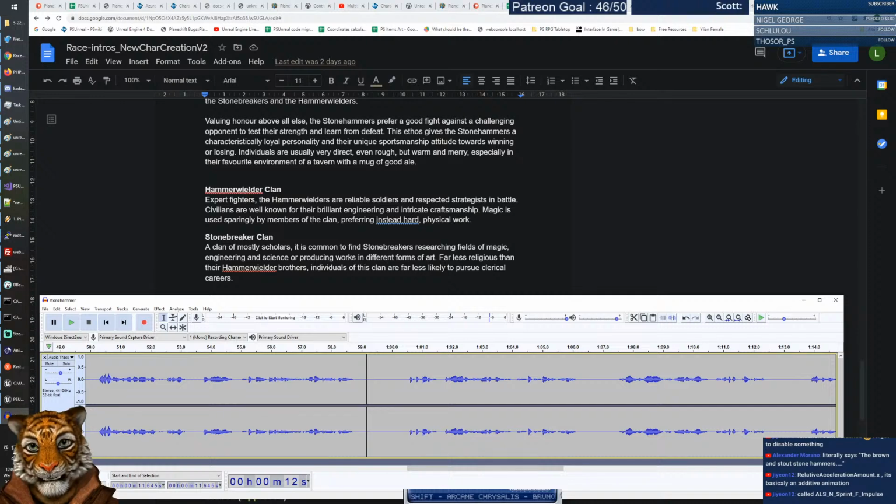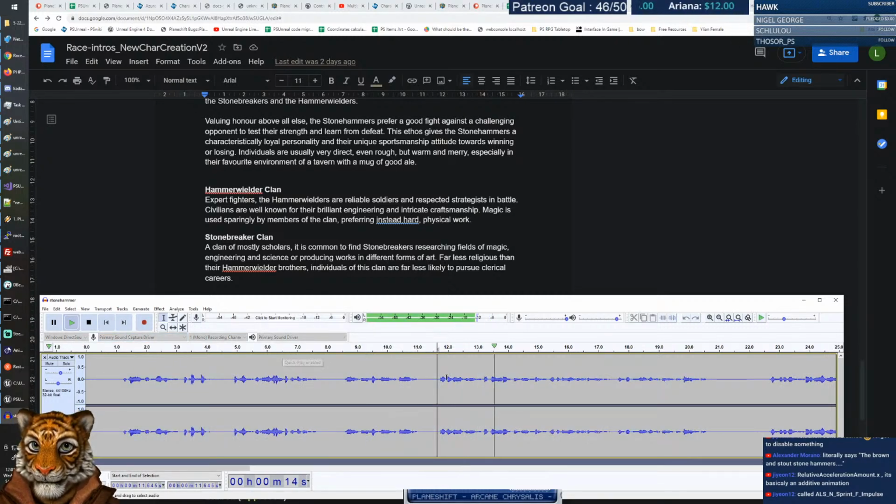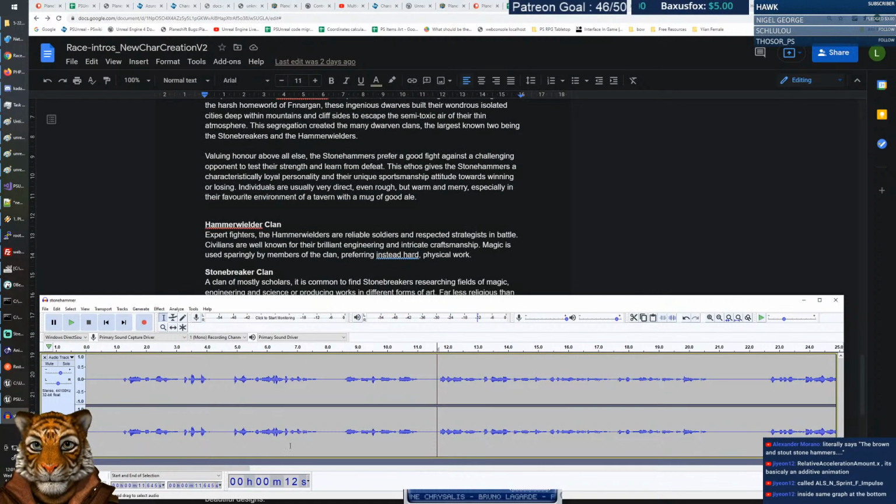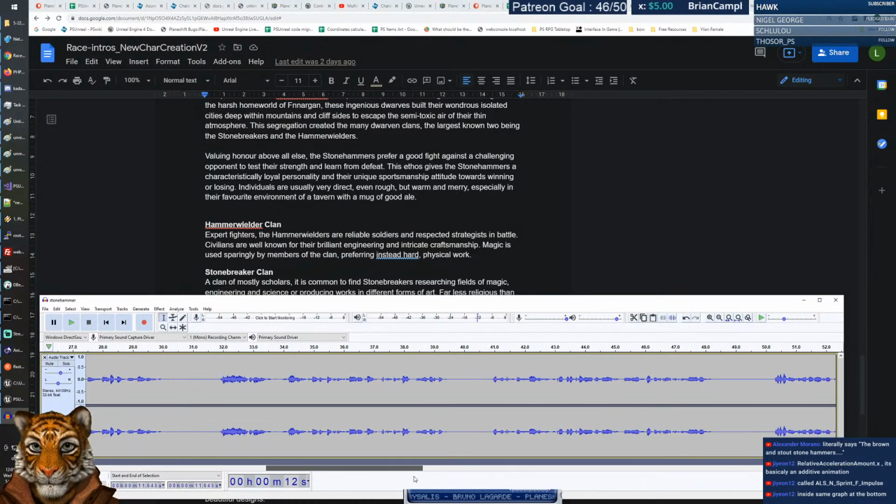But probably was sitting, I don't know, but it sounds... These ingenious dwarves built their wondrous isolated cities deep within mountains and cliffsides. This one we heard already, so I think we can go further. Opponent to test their strength and learn from defeat. This ethos gives the Stonehammers a characteristically